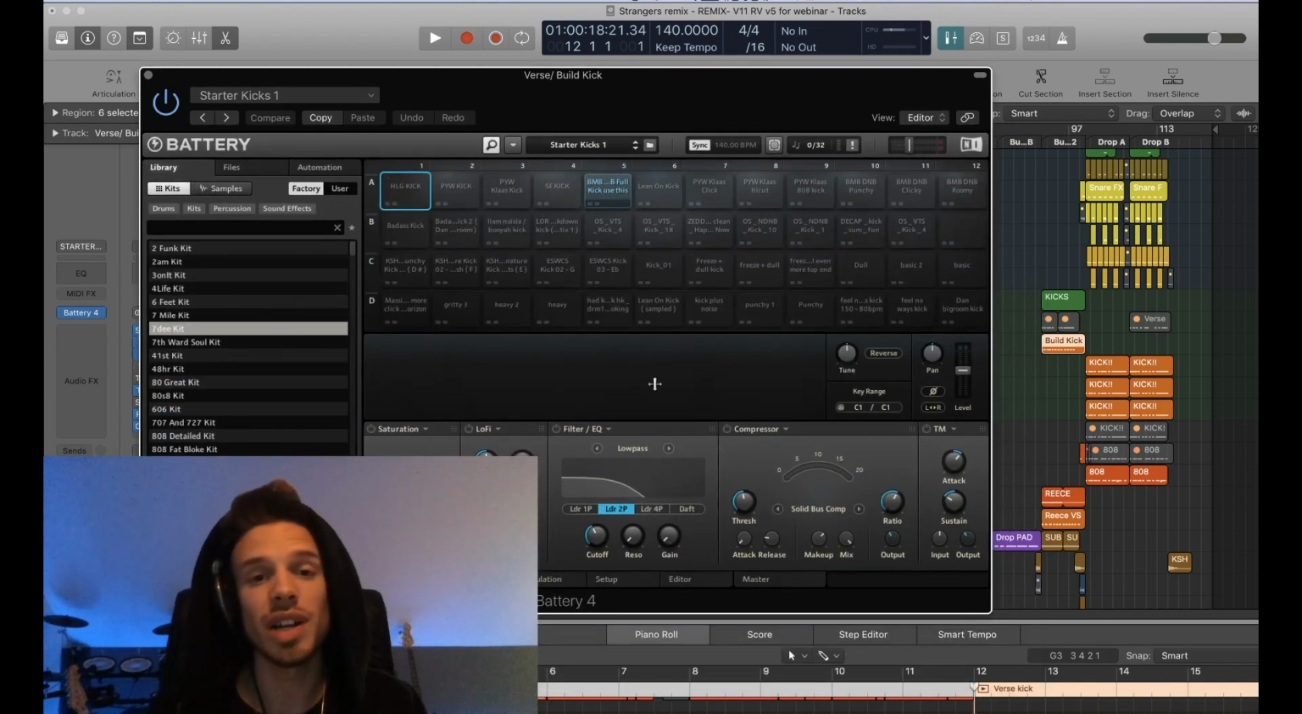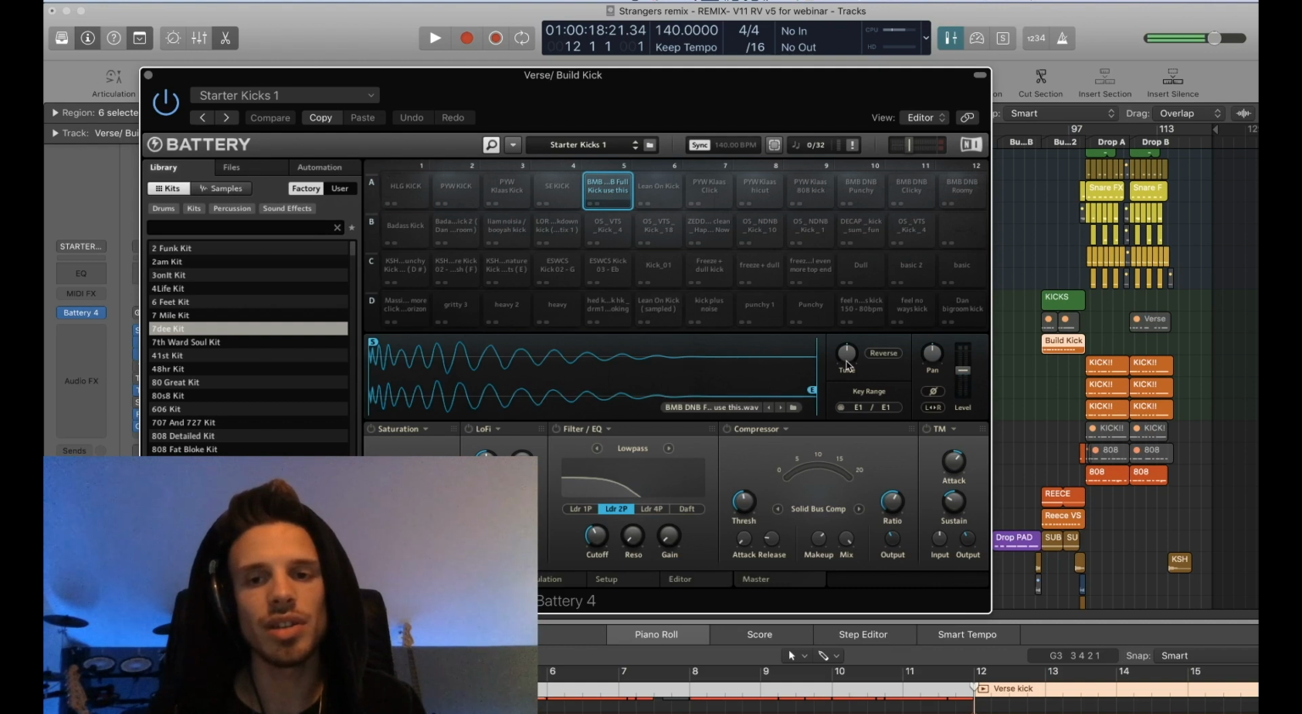So Battery is something which I use, and it's really great. You can do a lot with it. You can tune the samples, you can pan the samples, you can add EQs, compression, transient design, saturation,